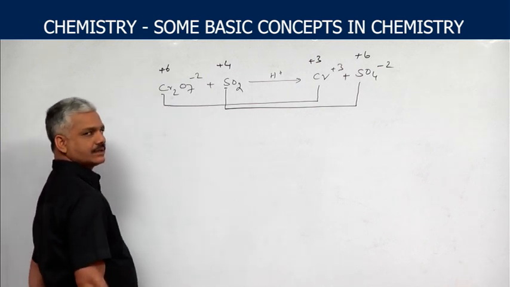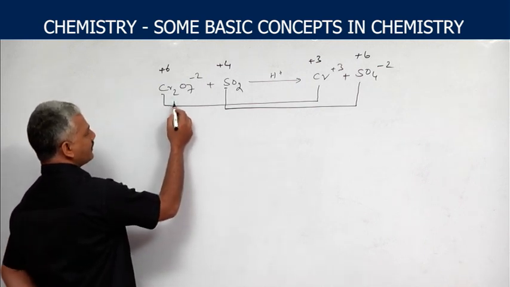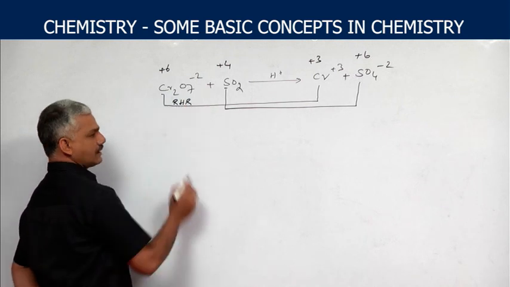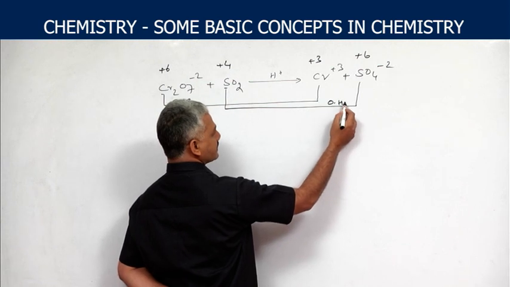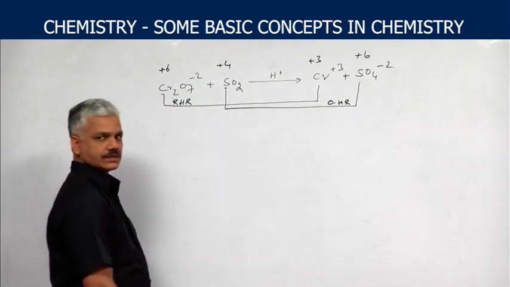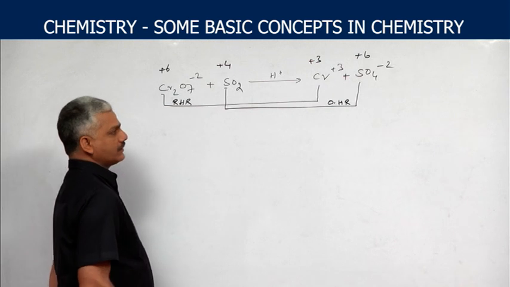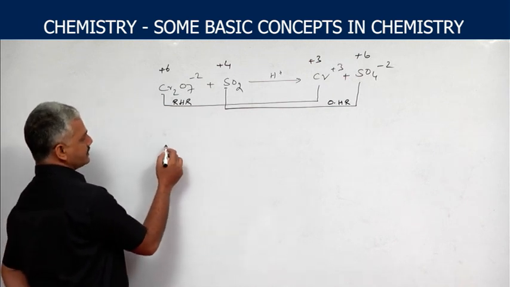Wherever there is a decrease in oxidation state will be called the reduction half reaction, and wherever there is an increase in oxidation state will be called the oxidation half reaction. Now, separating the two half reactions,